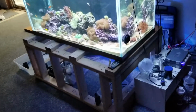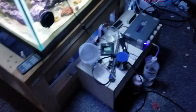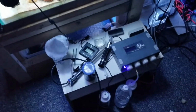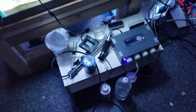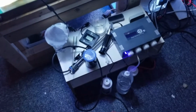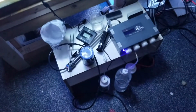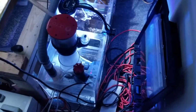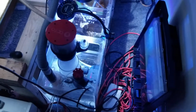tank, homemade stand. Everything's messy right now because I'm in the process of moving my stuff down to the basement. But got a Jebao doser. Just a real simple setup, man. I'm just dosing calcium, alkalinity, and magnesium right now. I don't have a tremendous amount of coral to justify using trace elements and stuff, though I do have them. And then in my sump, I've got a Reef Octopus INT 110,